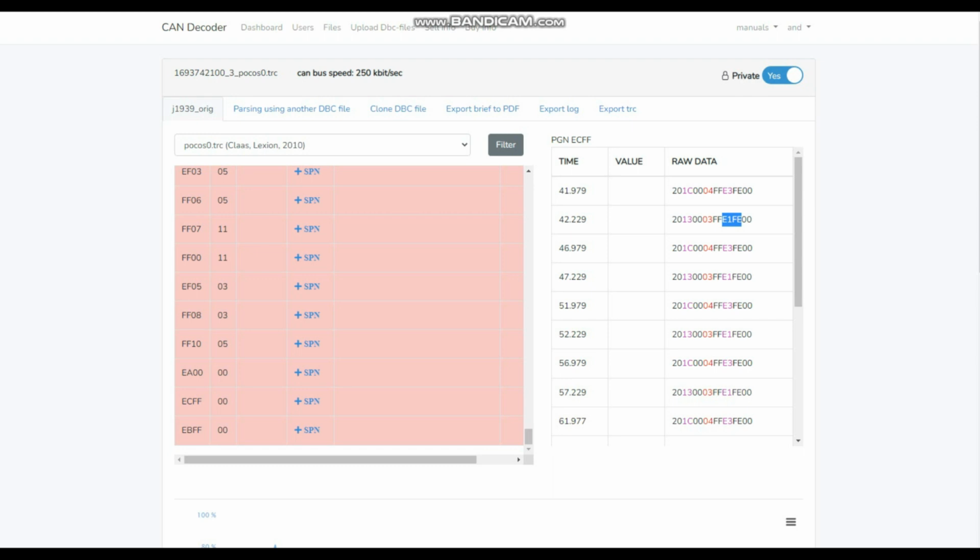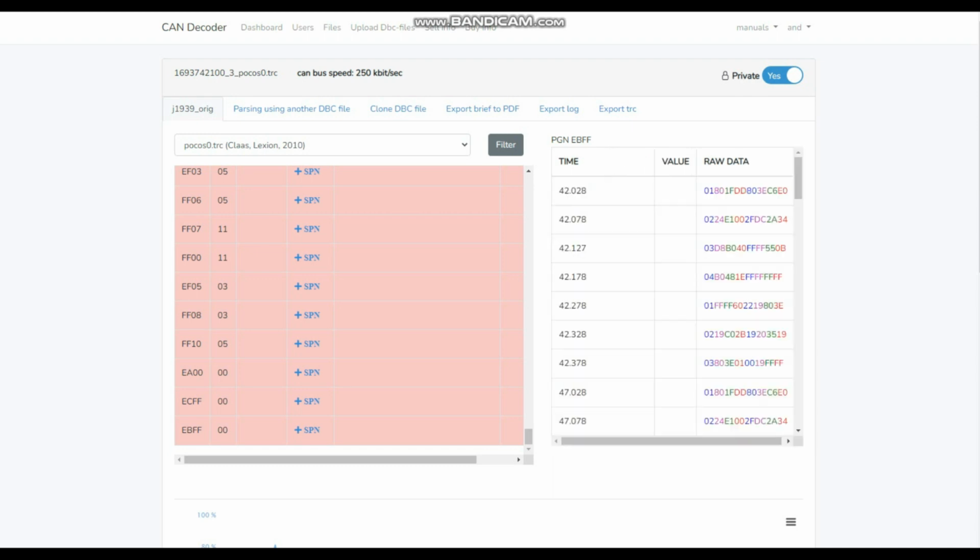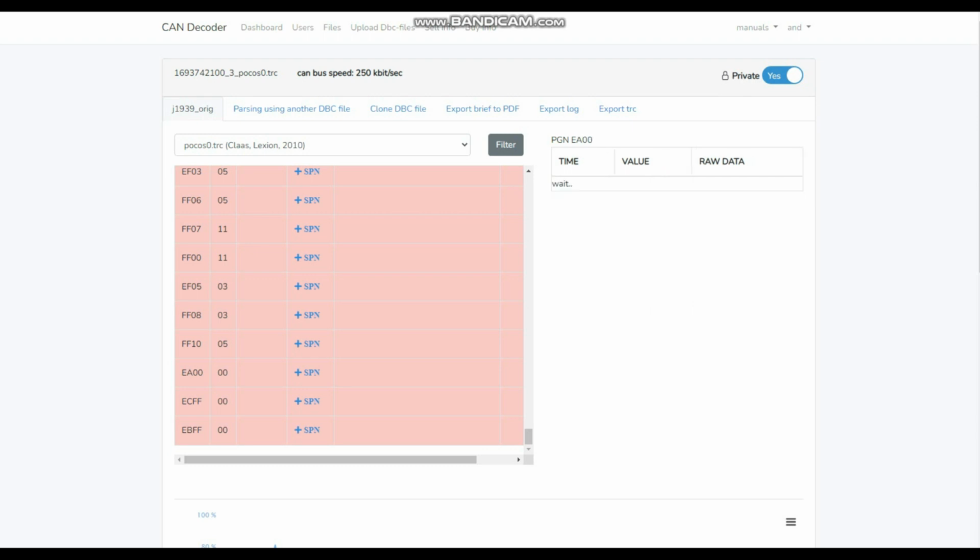ECFF defines the transmitted CAN bus ID, and you can see this ID here. It's FEE3, and EBFF contains the rest of this message. CAN bus ID